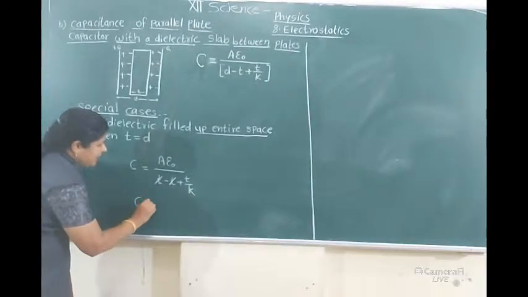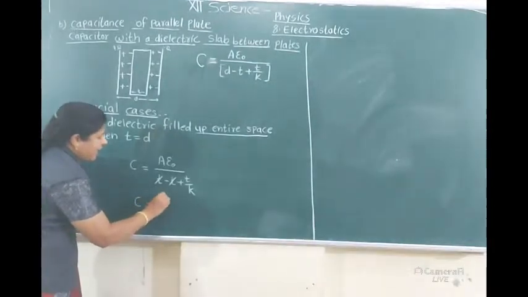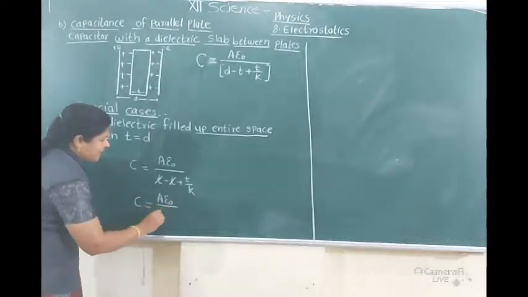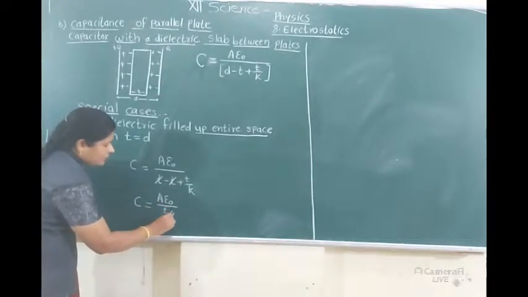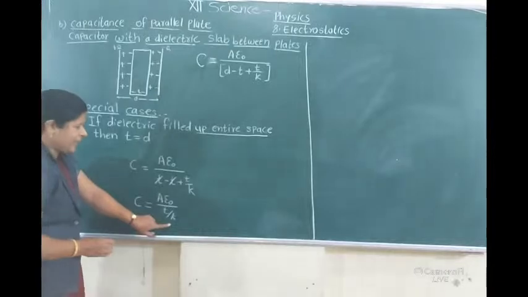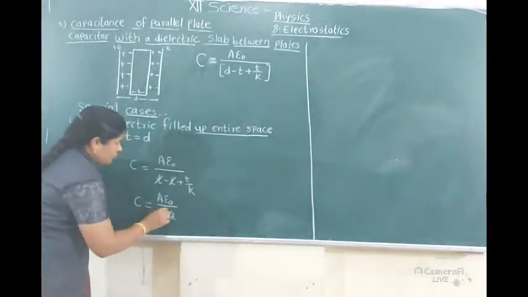We get C is equal to A epsilon naught divided by T divided by K,